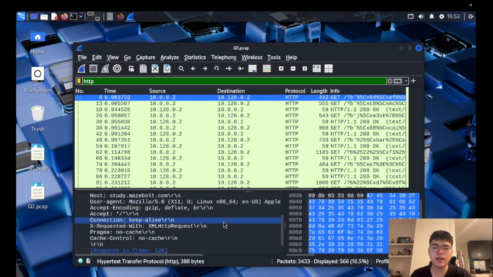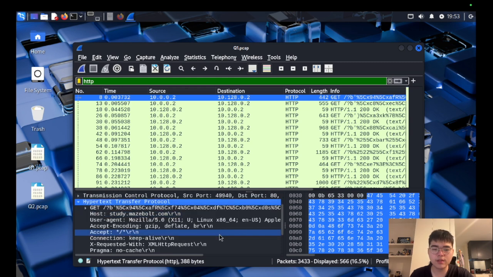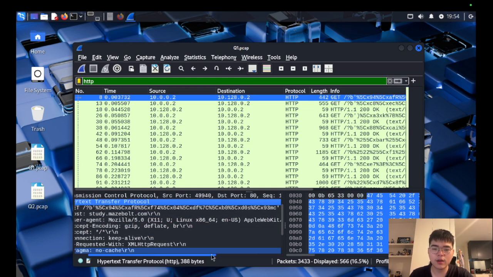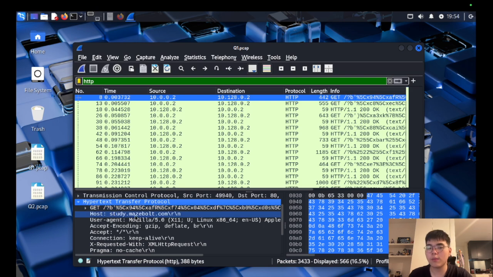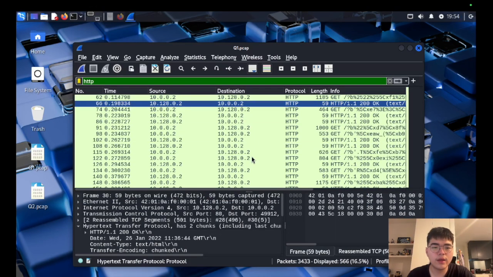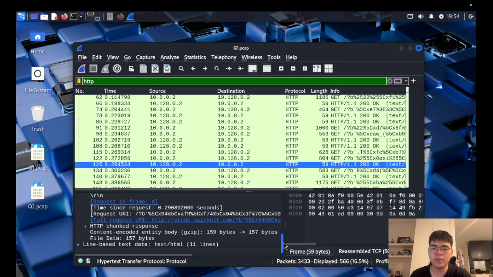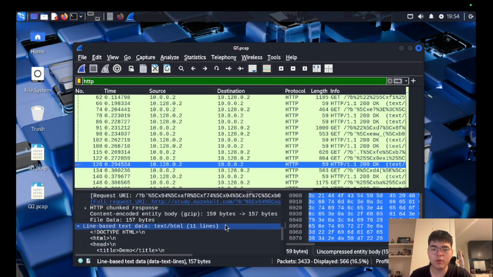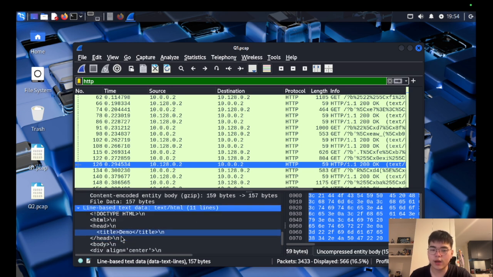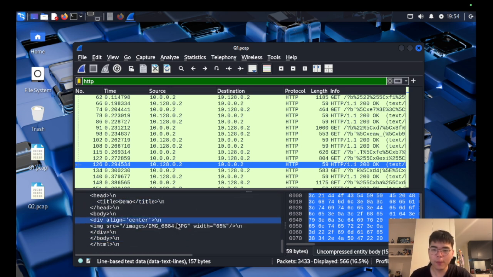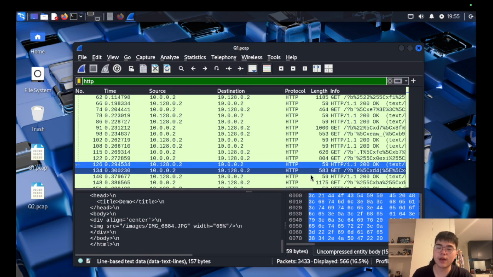Currently we are sending a GET request packet for this particular path on the host called study.mazebo.com. The server is responding to this particular destination port, again for the requested HTML path. You can see the full request URL is this, and what the server is replying with is basically an HTML website with the title demos and some sort of image. And this is a very characteristic sign of an HTTP GET flood attack,